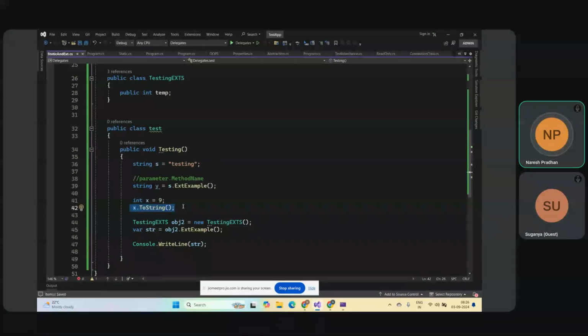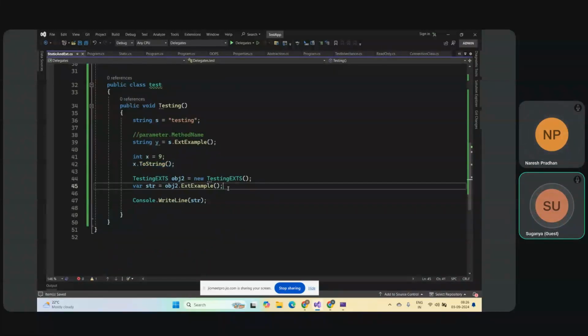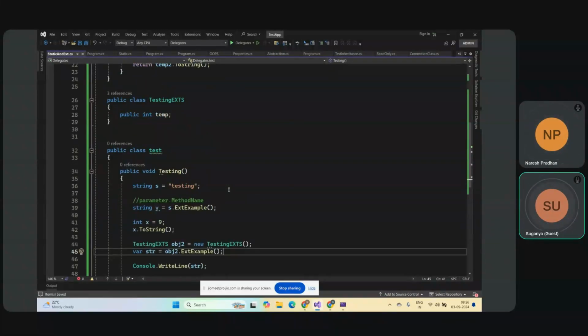You're writing a very long thing. Instead of doing what you did, you're doing x dot ToString. So those two. Integer is a value type, but internally it has something called the Int32 structure. So that has a ToString extension method already written. Here, same thing. Instead of creating the object and all,